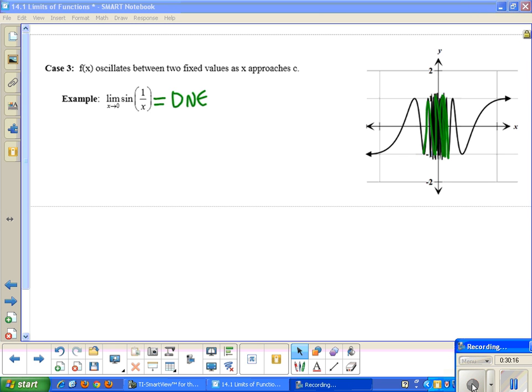So be careful. Just to recap, we have limits that exist and limits that don't exist. And we have limits that can be reached and limits that cannot be reached. Limits that can be reached are values of x that are in the domain. Limits that cannot be reached are values of x that are not in the domain. And limits that can be reached mean that the limit exists, so you're coming towards the same value from the left and the right side. Limits that go to different values from the left or right, or that increase or decrease without bound, or oscillate back and forth between fixed values